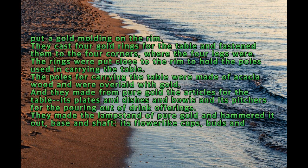They cast 4 gold rings for the table and fastened them to the 4 corners where the 4 legs were. The rings were put close to the rim to hold the poles used in carrying the table. The poles for carrying the table were made of acacia wood and were overlaid with gold, and they made from pure gold the articles for the table, its plates and dishes and bowls, and its pitchers for the pouring out